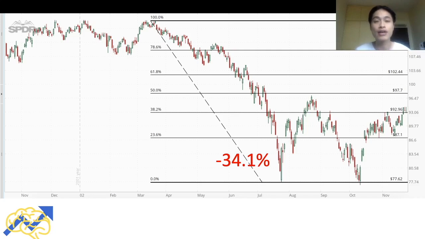Then the next thing I took a look at was the rally after the crash phase, right? So the rally after the crash phase was when prices fell by a lot. So this was the crash phase. Then what I took a look at next was the rally here, right? So this rally, I calculated it to be 25%. So prices from the low of here to the high of this one increased by roughly 25%. So that was for the dot-com bubble.